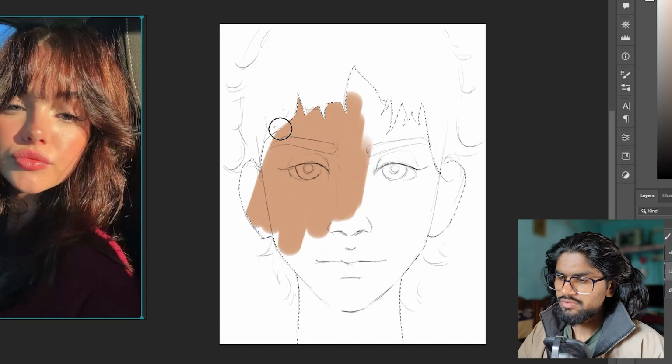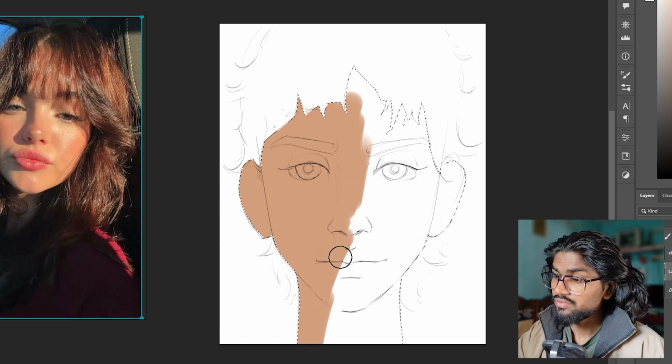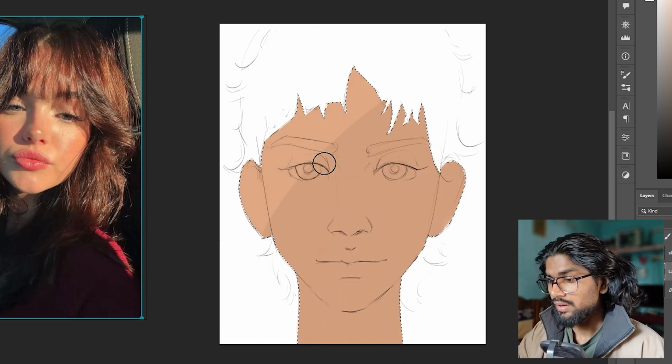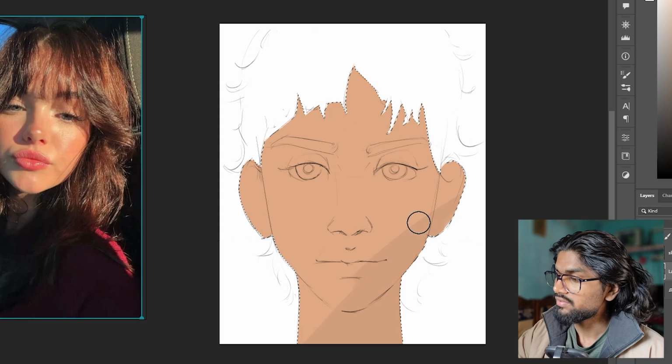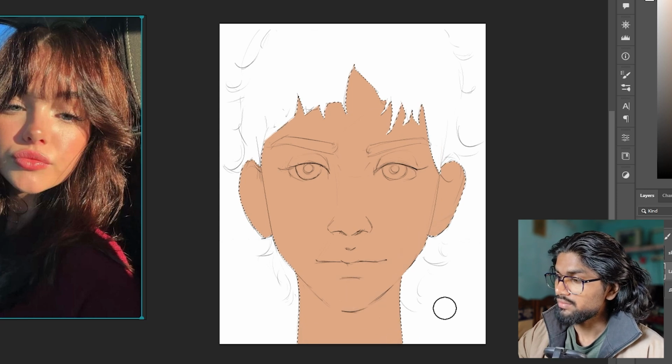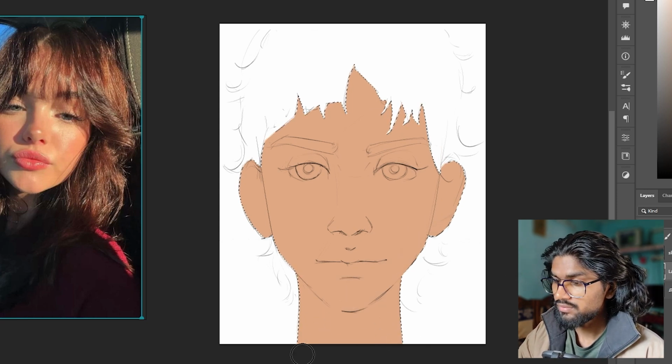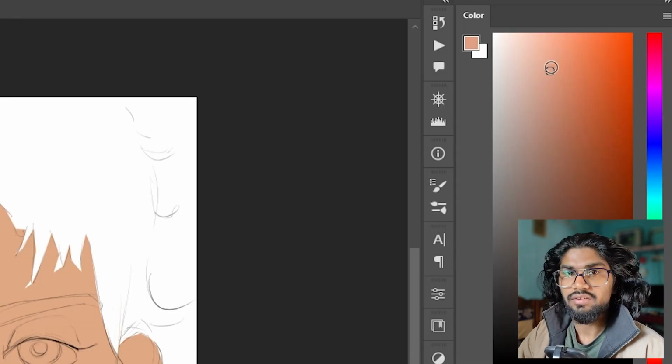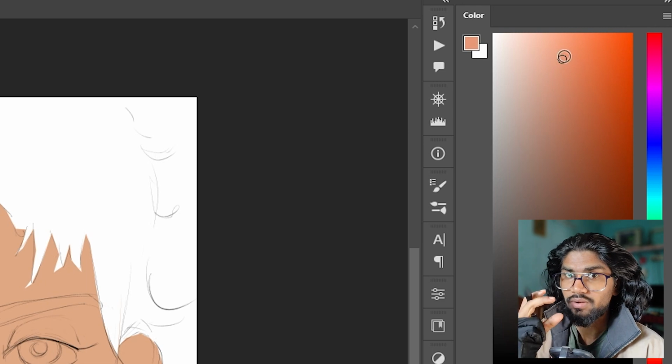So first of all, we will start with the base color here, which is called the mid-tone. First of all, select the base color from the color palette, and I will apply it on this canvas like this. And I can put a warmer or slightly saturated color in the mid section of the face for the